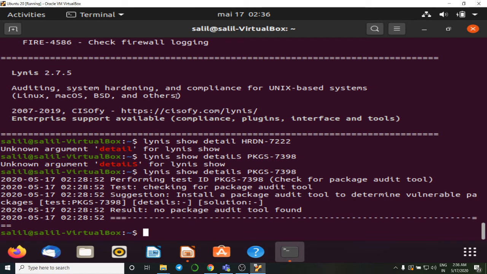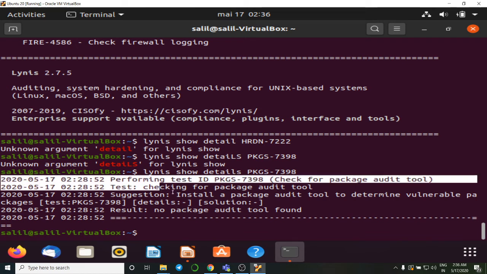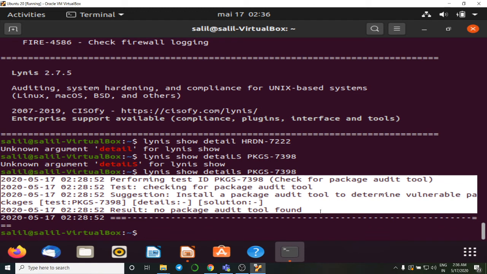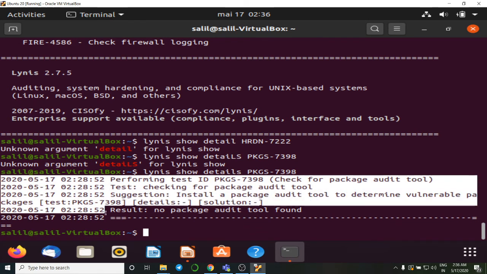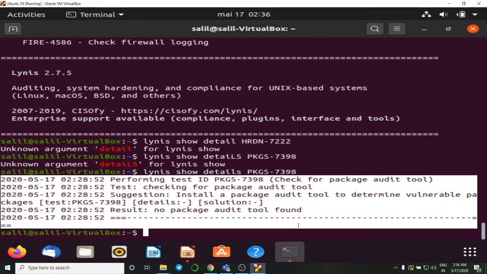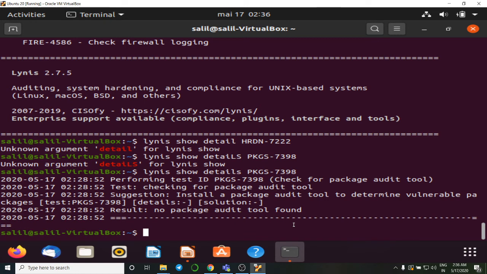When we type that command, we can see the detailed suggestions related to that particular ID. When we type lynis show details followed by the suggestion ID, we can see the details of that particular suggestion. So in this way we can implement suggestions and warnings.